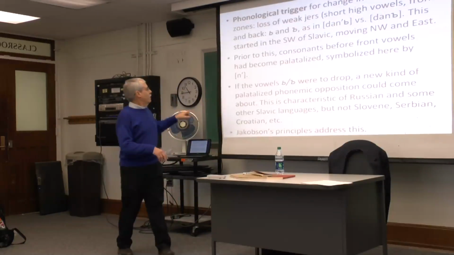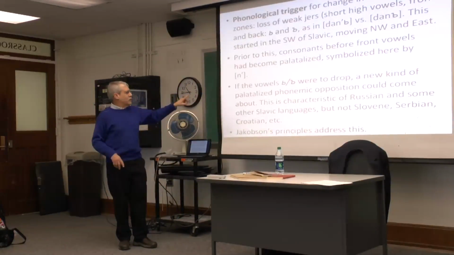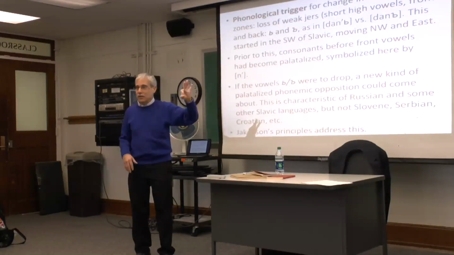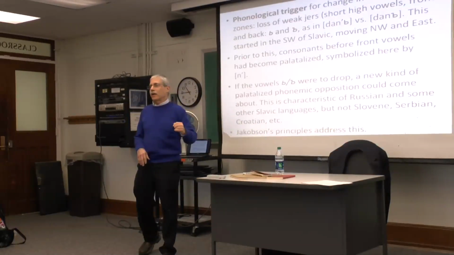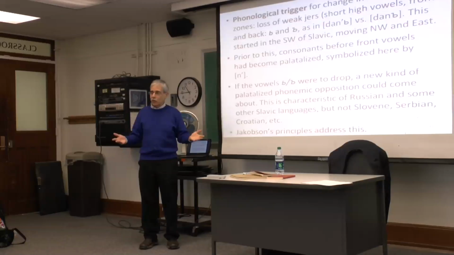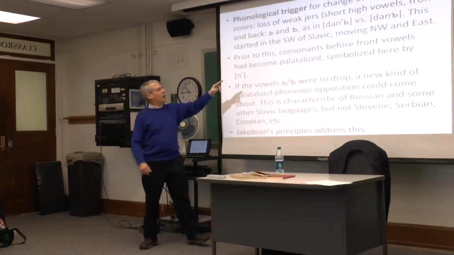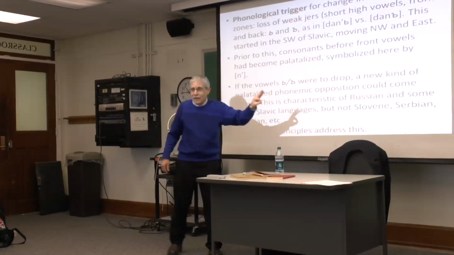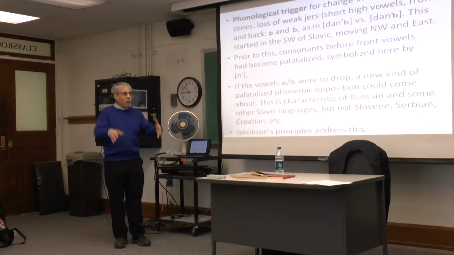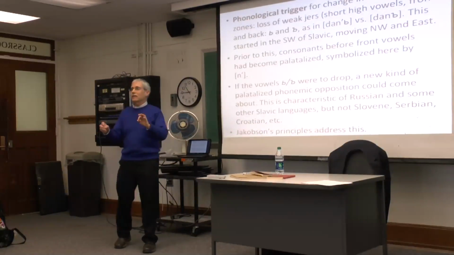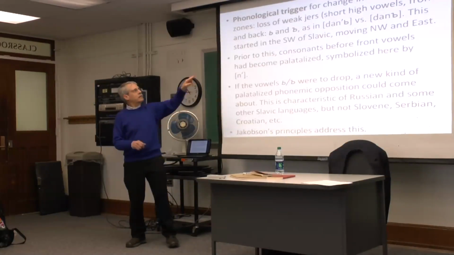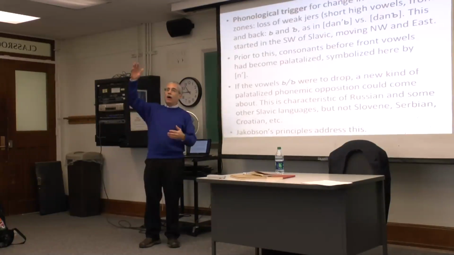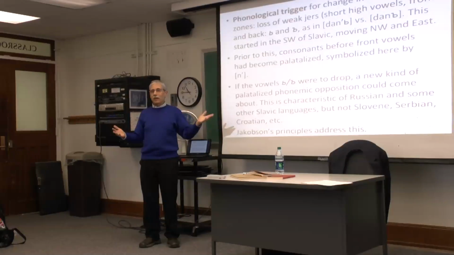And let's just say that this opposition was a type of tonality or frequency in consonants. Now, there's another type of tonality that can occur in vowels, in tonal languages. You can have high pitch and low pitch. But this type of thing, dan versus dan, takes advantage of tonality for consonants. And that's what made it different. So this right away you can see, we're going to see this again, but right away this is the essential conflict that happened, that if you had this opposition, what do you do with your tone? Because the language had tone. It also had a rising versus falling accent. In other words, it had a rising and falling a.